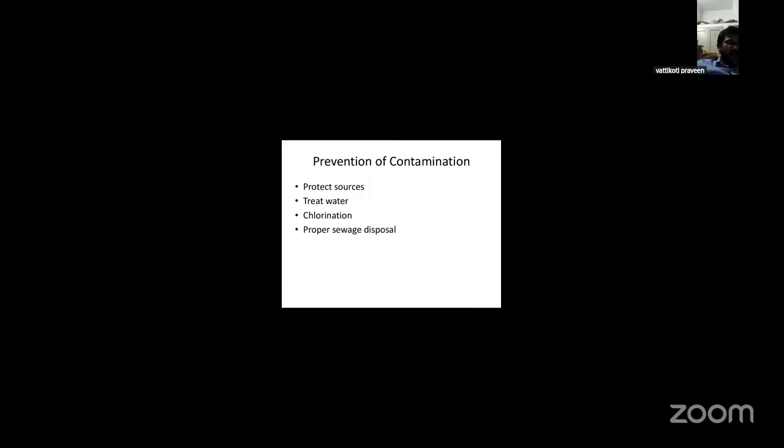What is the causative agent? The causative agent is acute diarrhea. Diarrheal disease can be caused by three main groups of pathogens. Viral: the common viral agents are rotavirus and adenovirus. Bacterial: the common bacterial agents are Vibrio cholerae, Salmonella, E. coli. Parasitic: the pathogenic agents are Entamoeba, Giardia, dysentery.